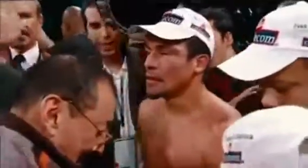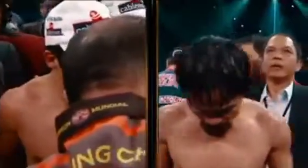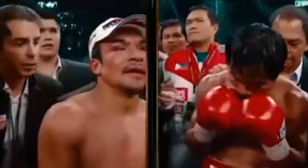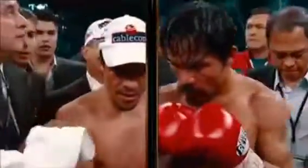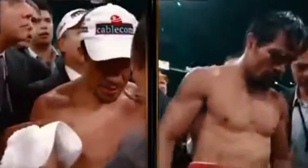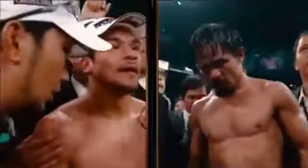Michael Buffer holds the answer in his hands. Let's get it. Ladies and gentlemen, from the MGM Grand, we go to the scorecards after 12 World Championship rounds. Robert Hoyle scores the bout 114 even. Dave Moretti scores it 113. Glenn Trowbridge 116-112 to the winner by majority decision. And still WBO